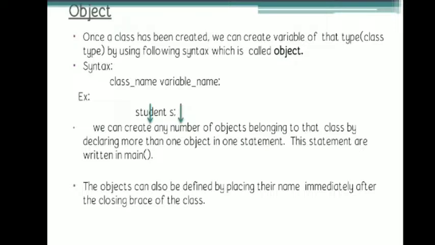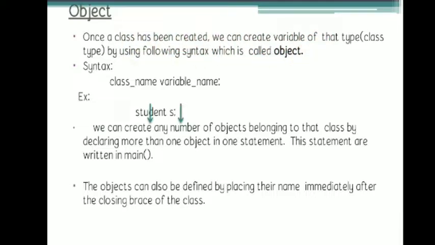In our pen example, if we define P1 and P2 of the pen class, then P1 is considered one object and P2 is considered another object. Similarly, if we define a student class, and we define S1 and S2 of student type, then S1 will be considered one student, and S2 will be considered another student. So an object is an instance of the class.